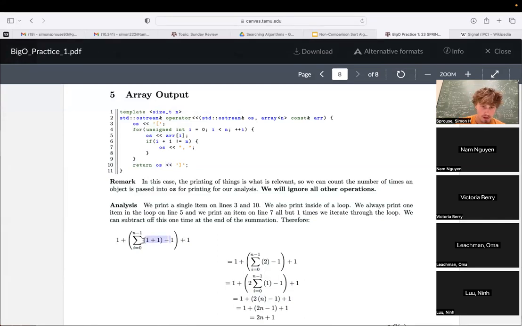And then as far as what's actually happening on the inside of this for loop, the bounds from this summation correspond to the bounds from this for loop. So I starts at 0, and then the last case that we'll evaluate is when I is equal to n-1. Inside the actual for loop, the first operation that we've got is OS insert array of I, whatever that is. So that would be 1. And then we've got